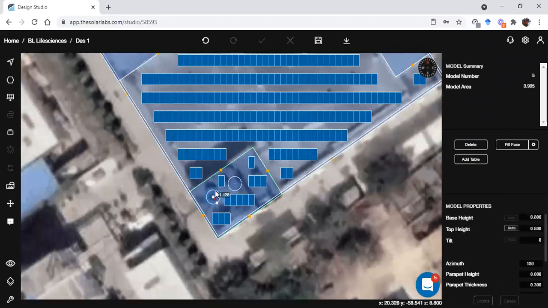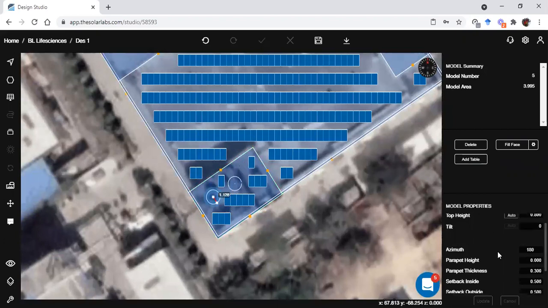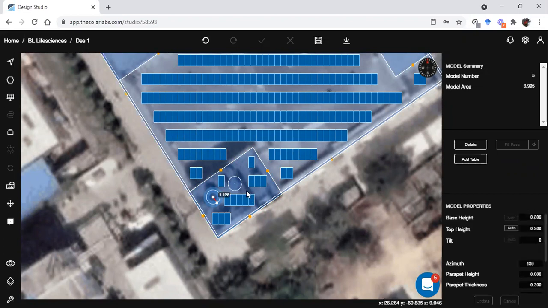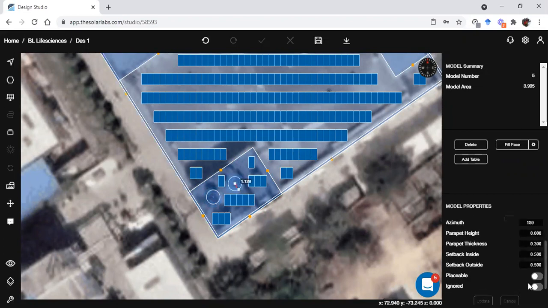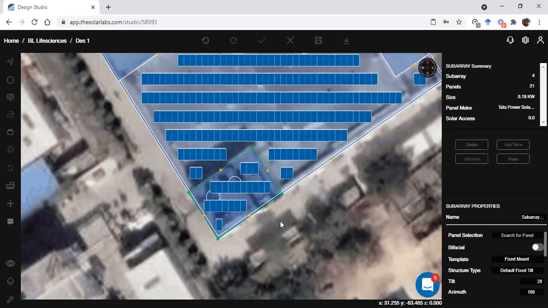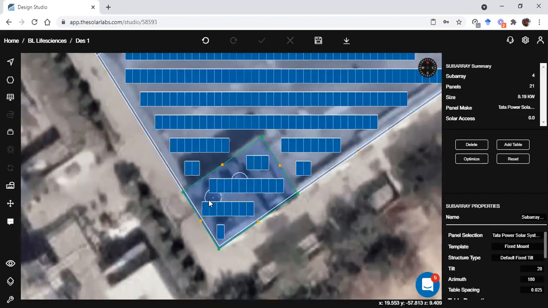Okay. So let's say I want to place panels over these tanks also. What I can do is mark them ignored, update it. Similarly for this one, I'll mark it ignored. And then if I reset my sub array, you can see it will place panels over these.